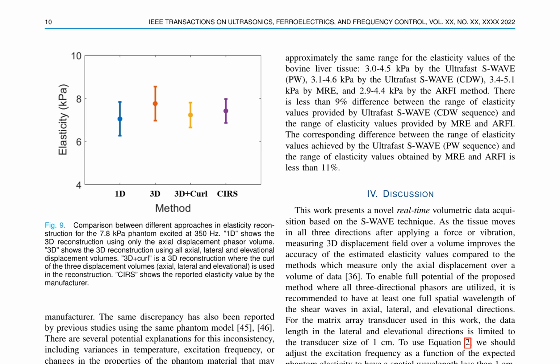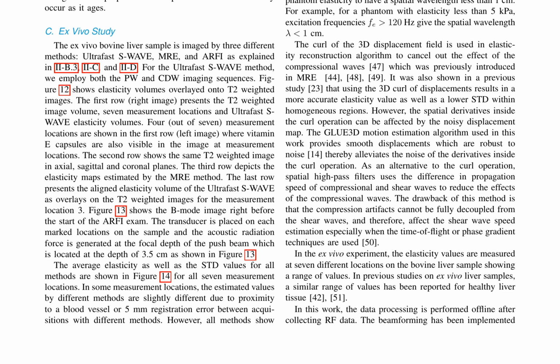over time. In an ex vivo study, a bovine liver sample was imaged using 3 different methods: ultrafast SWAVE, MRE, and ARFI. The results show that all methods estimate the elasticity values of the liver tissue to be in the range of 3.0-4.5 kPa, with less than 11% difference between the ranges obtained by ultrafast SWAVE and the MRE and ARFI